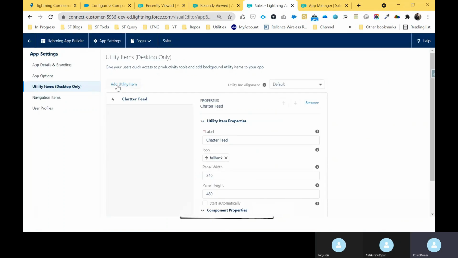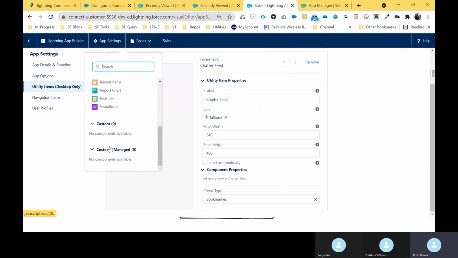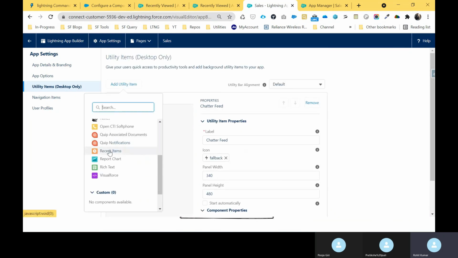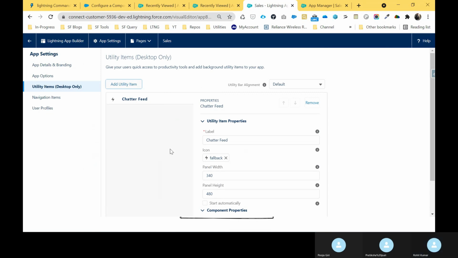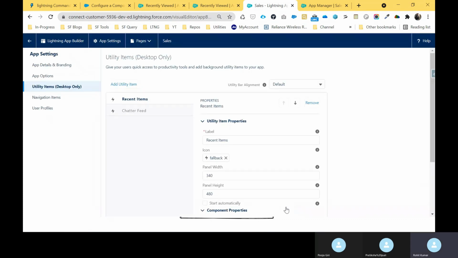Also you can add another one like macros, and if you have any custom component, it's automatically shown here, and you can add recent items as well. Just save it. So now our utility item is done.